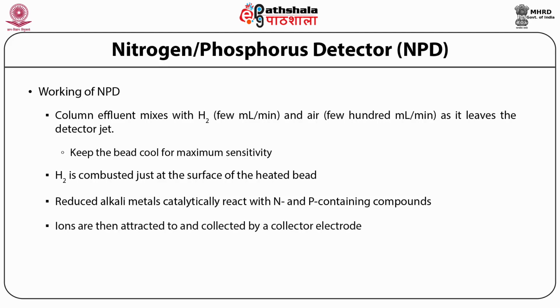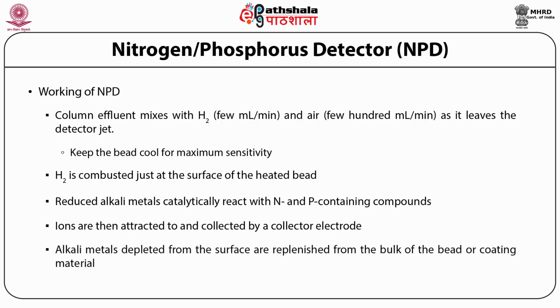These ions are then attracted to and collected by a collector electrode that is held at a few hundred volts relative to the jet. As the alkali metals are depleted from the surface, they are replenished from the bulk of the bead or coating